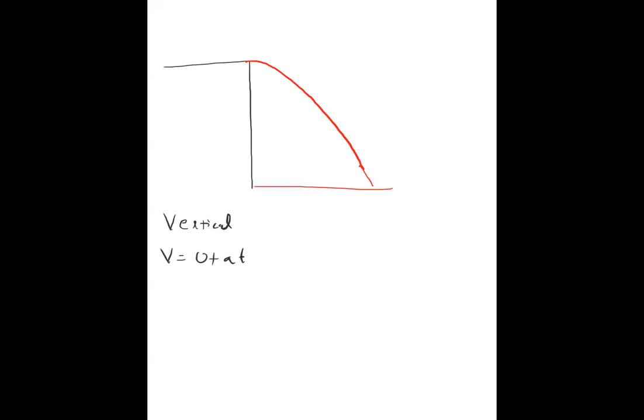Now we will start our derivation. As I told you in the last class, we are going to divide the entire motion into two parts. One is the vertical part and the other is the horizontal part. So if you see only the vertical portion of this motion, you can apply the equations of motion easily. If you apply v equals u plus at to the vertical aspect of the motion, the velocity we are referring to is only the vertical component of the final velocity. This is also the vertical component of the initial velocity.